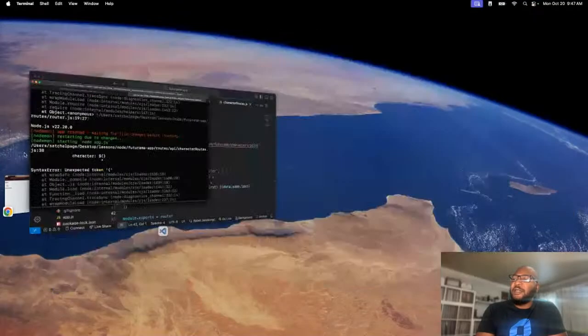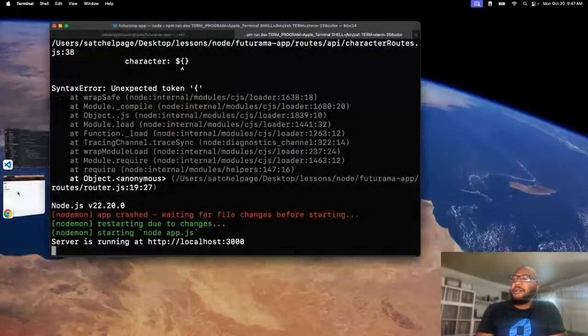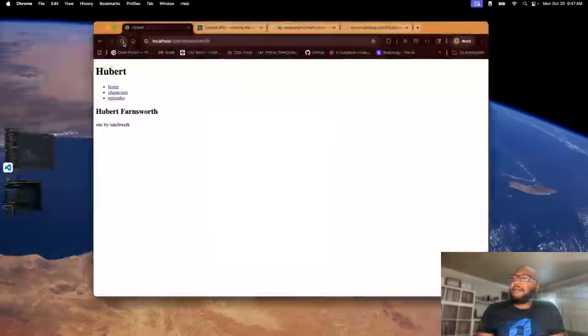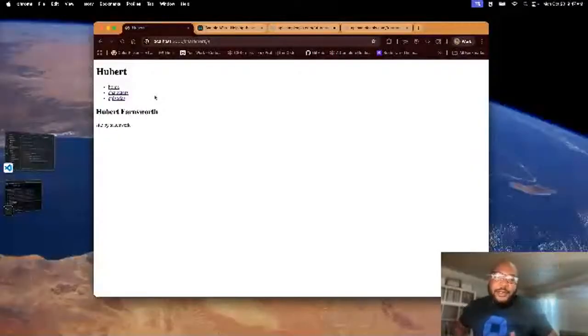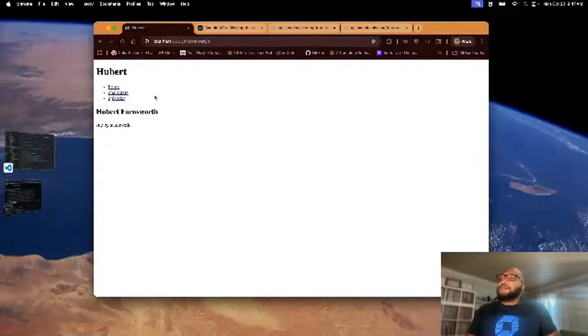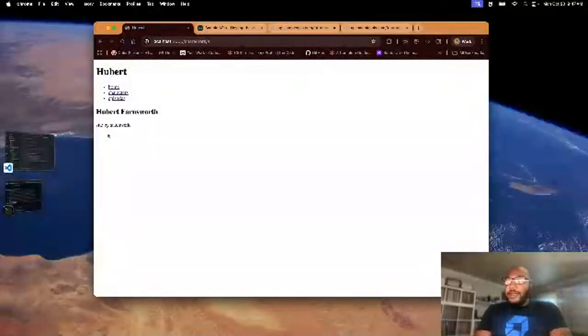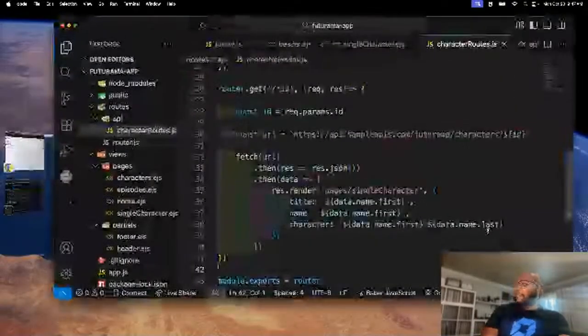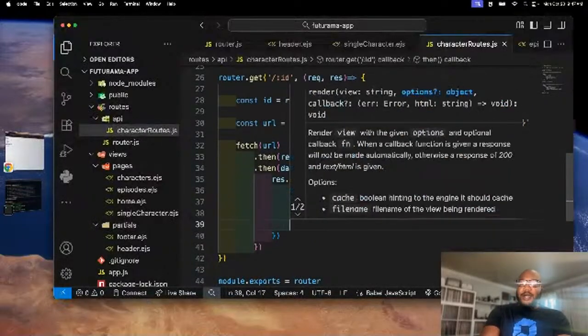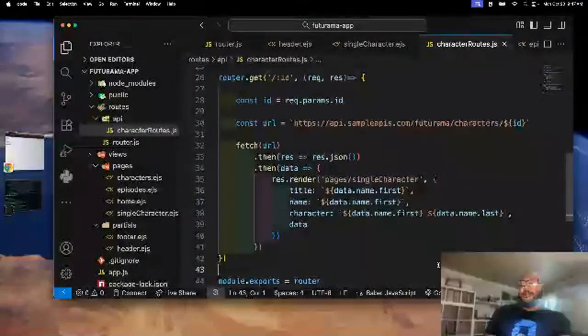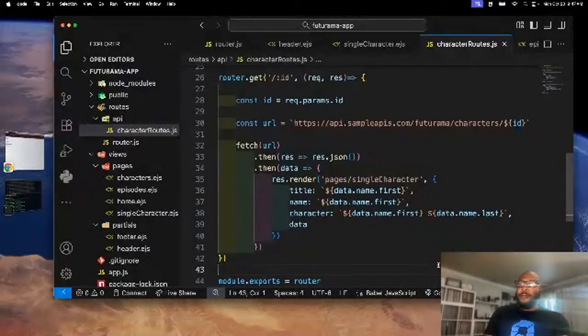That should be fixed now. Yeah. Oh, okay, there it is. Cool. They receive Hubert Farnsworth. All right, cool. So it works. I got the single character now. So now I know that works. Let's go ahead and pass in all that data. So again, I can say comma, and then just add the data right there. So now we got the data,